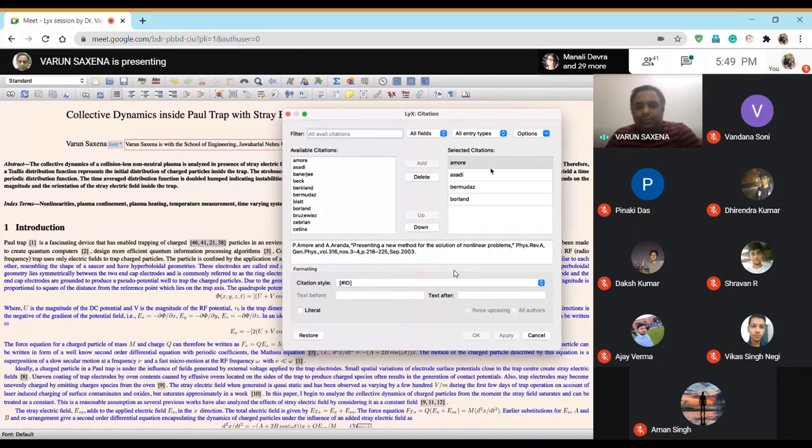The Amor paper is the 46th reference. The Asadi paper is reference 41. Bermuda's paper is 21 and the Borland paper is 38. Usually it is not good practice to write references like this, in the sense that you should always have an ascending order as far as possible. But just to tell you how you can work with it, I did that.